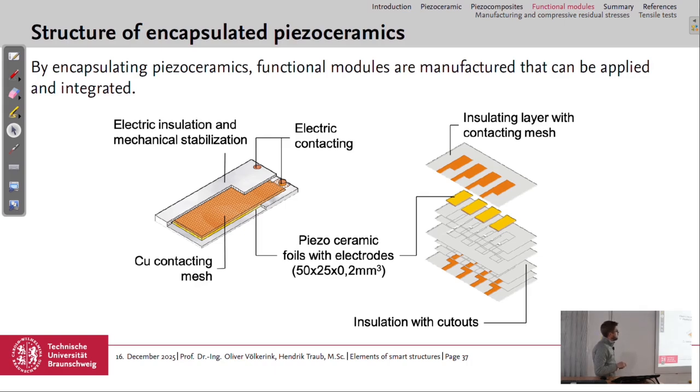So what do we need additionally to form these transducers? We now have the piezocomposite in different connectivities, but we need more to form the functional modules. We need an encapsulation to have an electric insulation and a mechanical stabilization. We need electric contacting where we can apply our voltage, and we have to connect our electrodes, for example, with